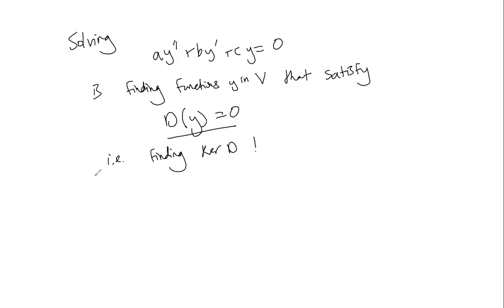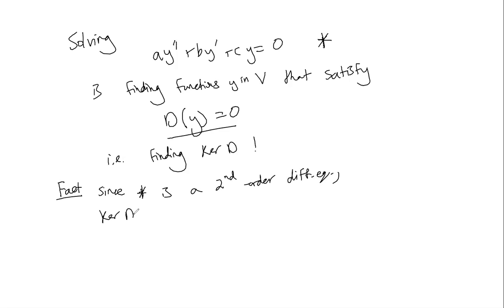So we're going to maybe gloss over a few things. So one, we have this fact, which is that since star is a second order differential equation, the kernel of D is a two-dimensional subspace inside V. We might talk about this a little later, but for now, let's take this for granted: since we have a second order differential equation, the kernel is two-dimensional, which means